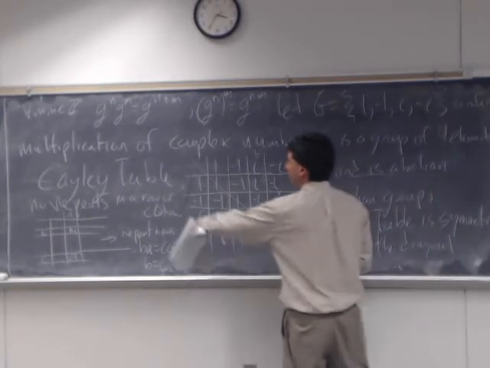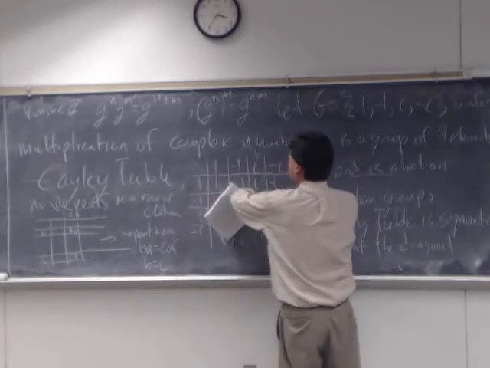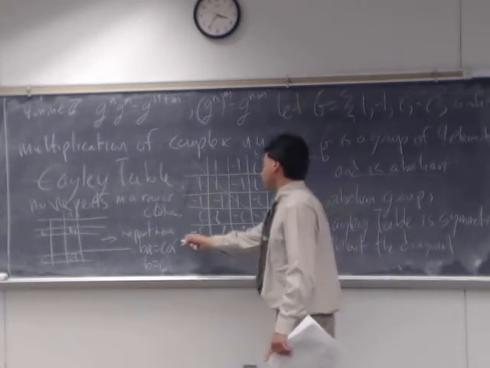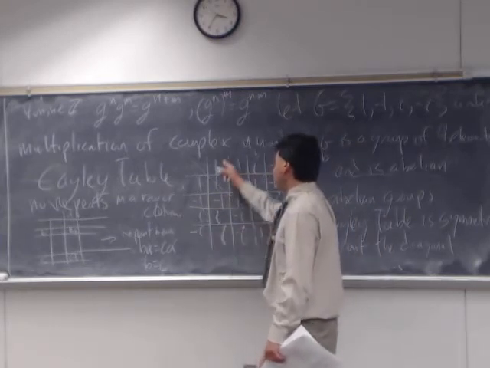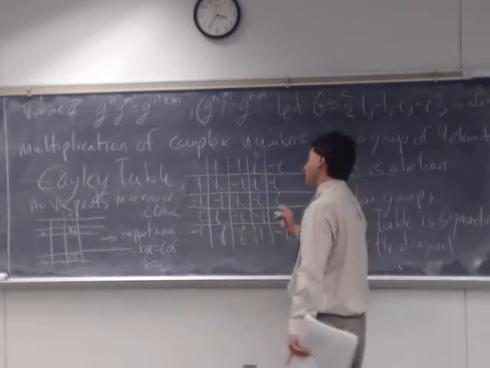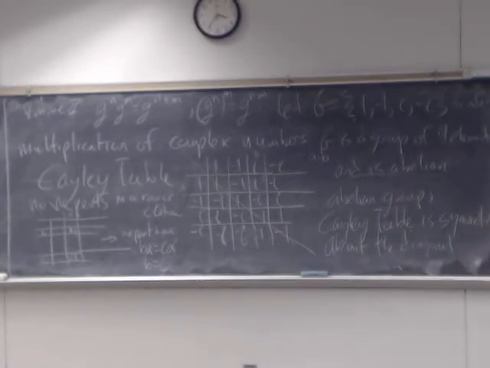Right? Because if you take the ith row and the jth column, that's going to be the ith jth entry. If it's abelian, you can switch the order, so you can take the jth row and the ith column, that would be the jth ith entry. And if it's abelian, those two are the same. And so you've got that symmetry about the diagonal. So it is symmetric. And this leads us now to